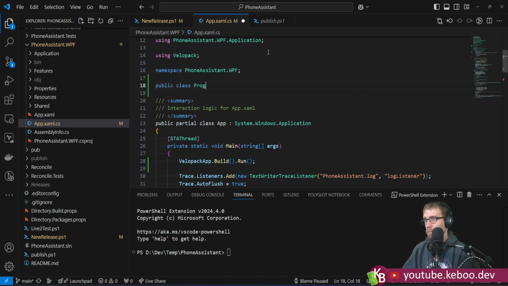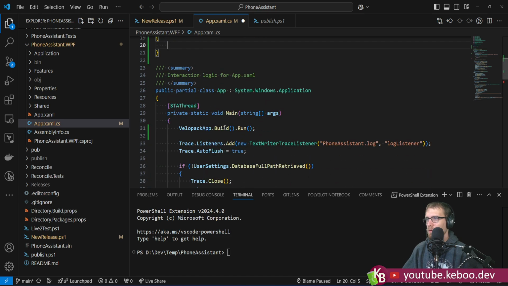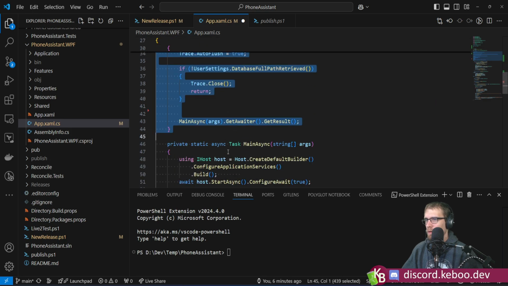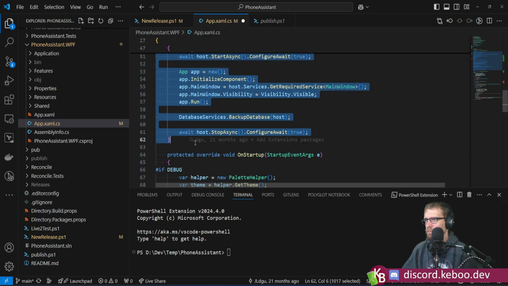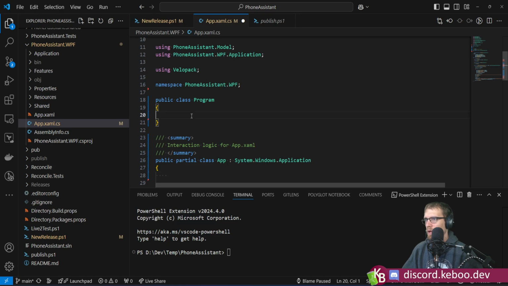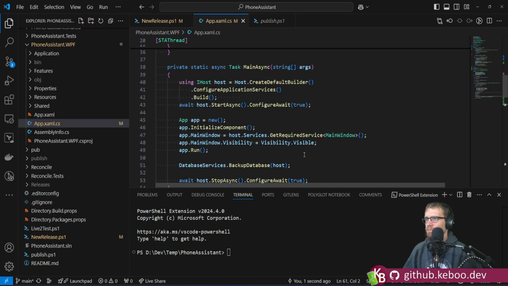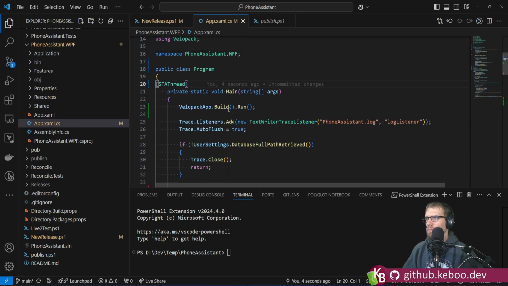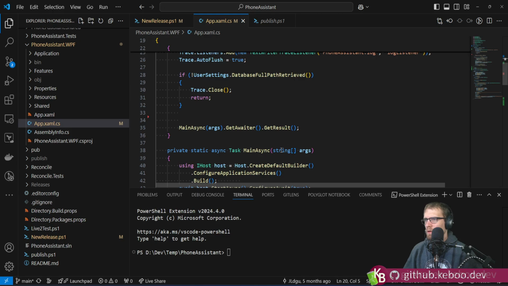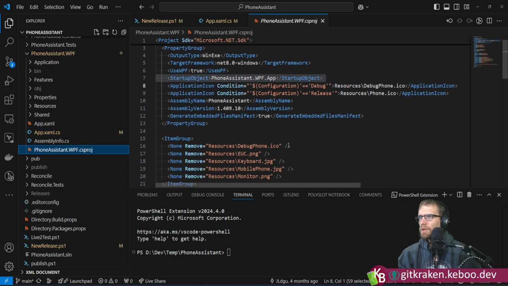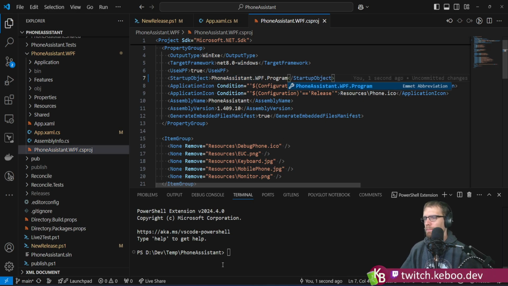I bet you this fixes it. Public class program, right? If I take your main method and, oh, stop it, stop helping me, and we just pull this out and plop it here, so that goes like that, that goes like that. And then I think I have to tweak it here, don't I? Because you should have a startup object, program. And now if I rerun the commands,